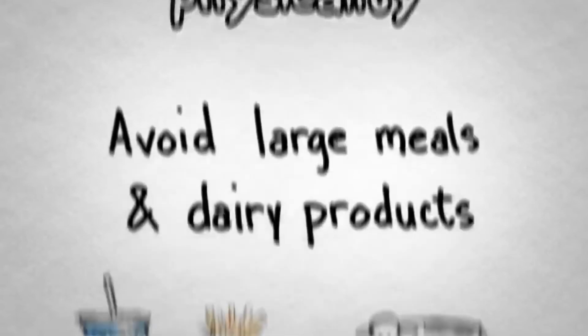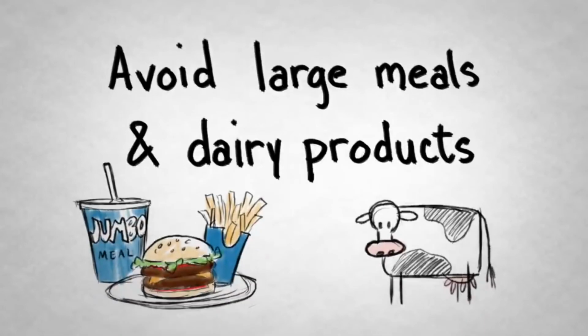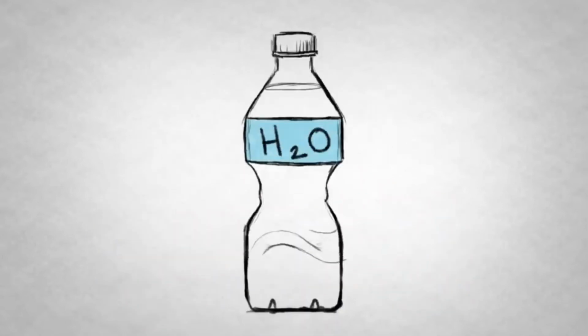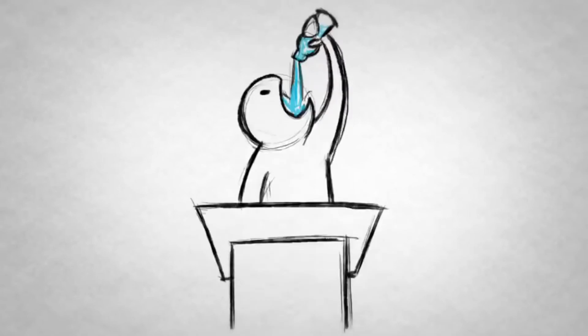All right, step 2. Posture and physicality are key. Part of keeping your anxiety at bay while giving your speech is knowing what to do with your body. Before your speech, avoid large meals or dairy products, which will make you feel like you need to clear your throat incessantly. Bring a bottle of water on stage if you're allowed. Don't be afraid to take sips throughout your speech. It'll keep your voice natural, and it gives you a moment to pause and regain your composure if needed.